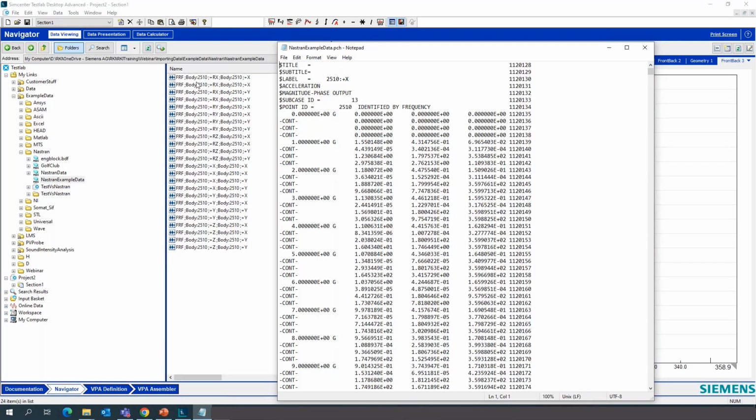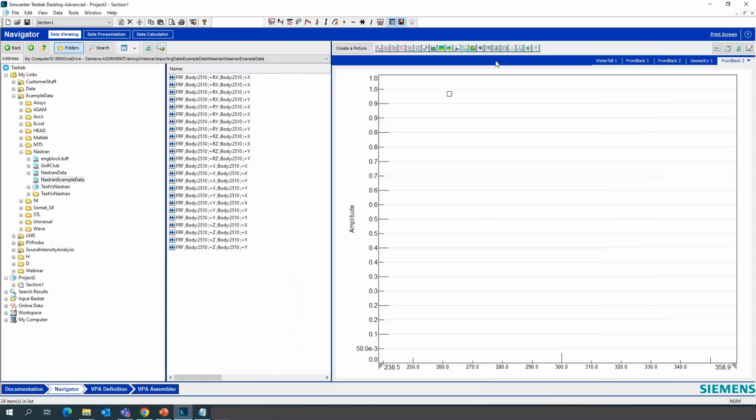We can see that in terms of the node names, it shows them in the form of body : 2510, where actually, if we look at the information in the punch file, it just has the node number without any description for body or anything like that. That happens because we have this point mapping convention that whenever it sees 2510 in the file name, it will transform it to recognize it as body : 2510. We are going to look at that shortly.